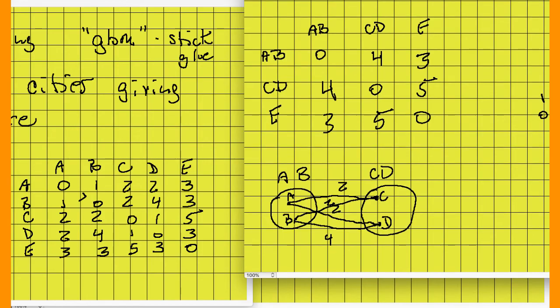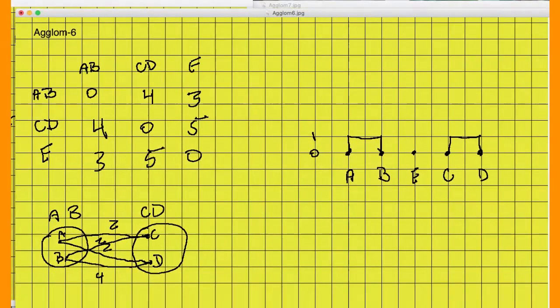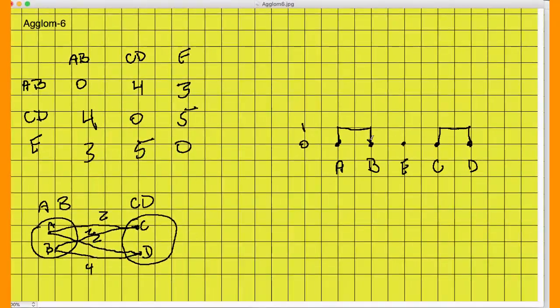So now, when I come back over here and I want to know what's the next step in building my dendrogram, I look for the smallest positive integer. And the smallest positive integer is 3, and that's connecting E and AB. So I come over here to 2, and I come over here to 3, and that's why I put E in the middle here. And this gets clustered like this.